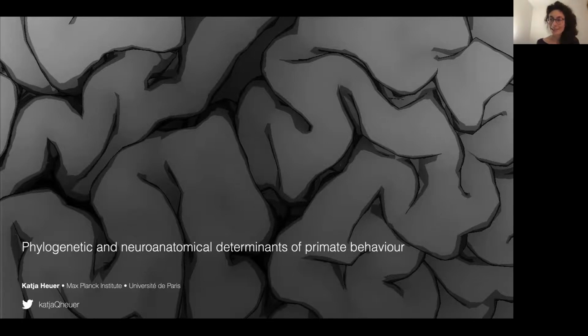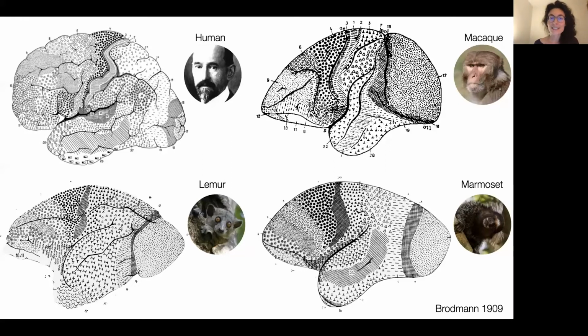Hello, my name is Katja Heuer, and I would like to show you our latest work on phylogenetic and neuroanatomical determinants of primate behavior. Brain folding is a characteristic of large mammalian brains, and we see folding patterns highly similar